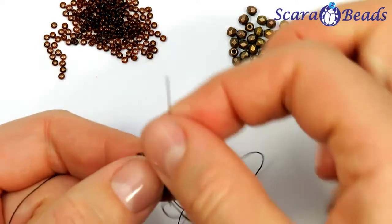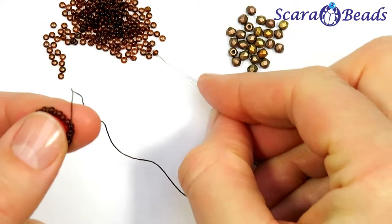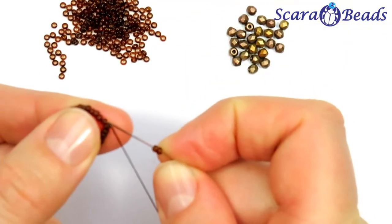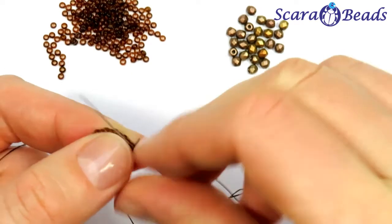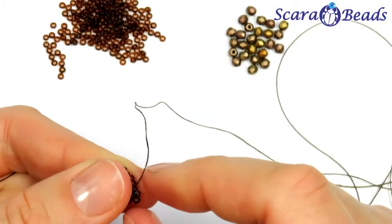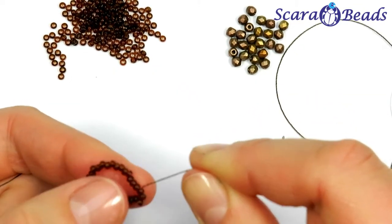Now we are going to do an angle. String 2 seed beads and go into the next bead from the circle. From this one the needle went out, so we are going through the next one. Okay,